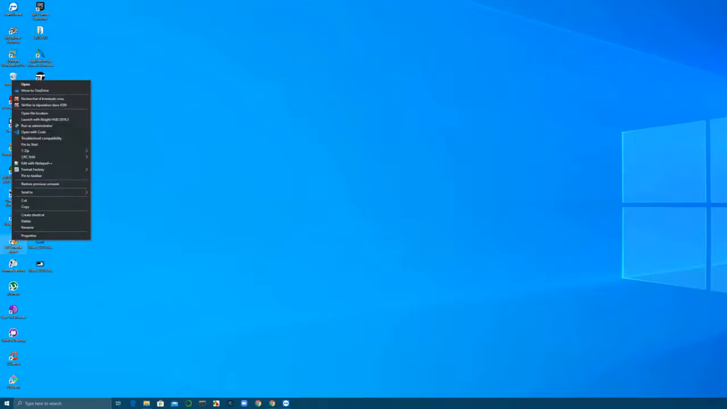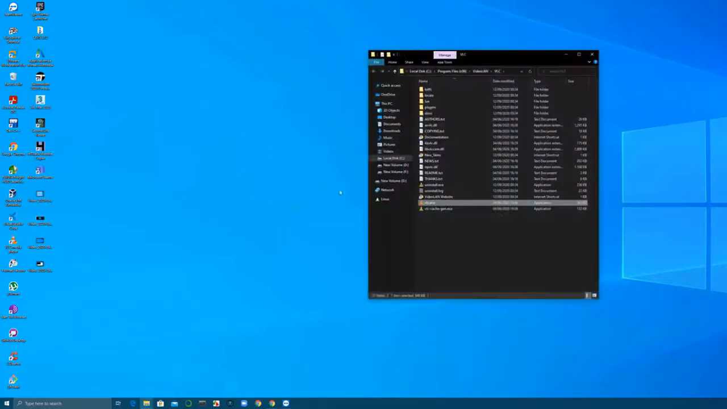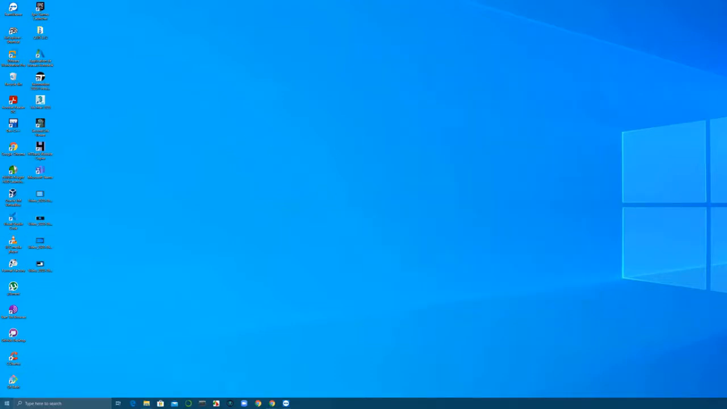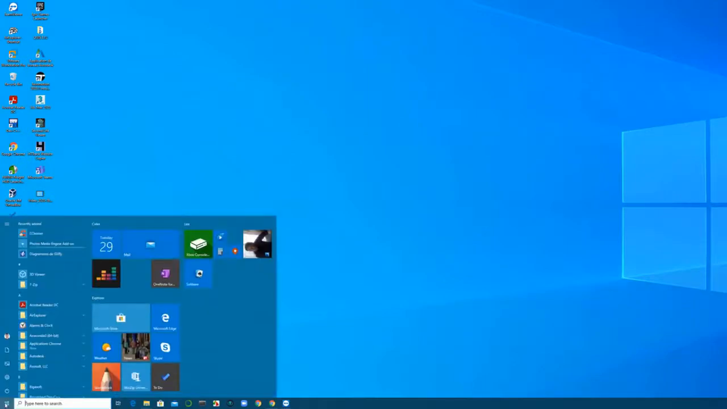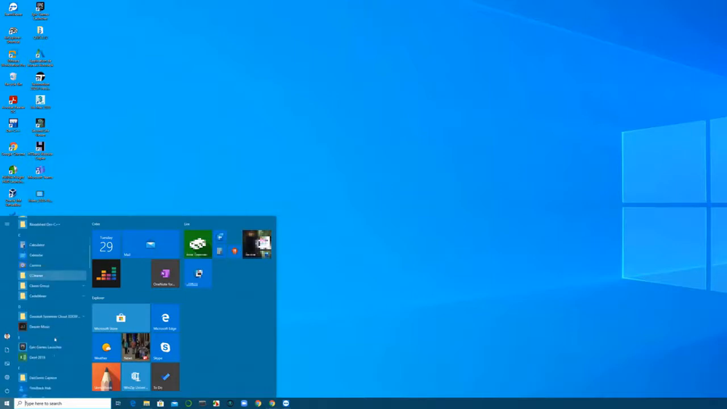We can do this for another program, for example for VLC, and you can see that same here we see the exe file. And for example, if you have a program in the start menu, for example Excel or Chrome,